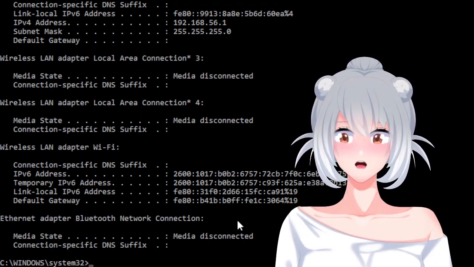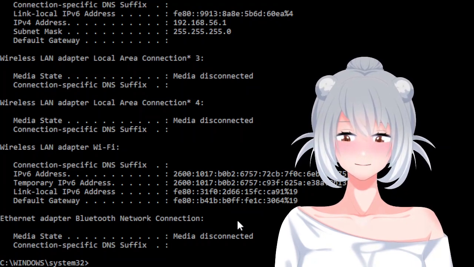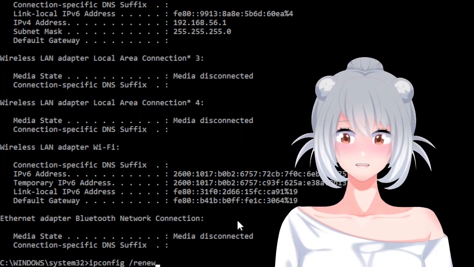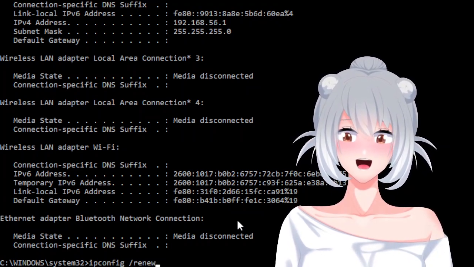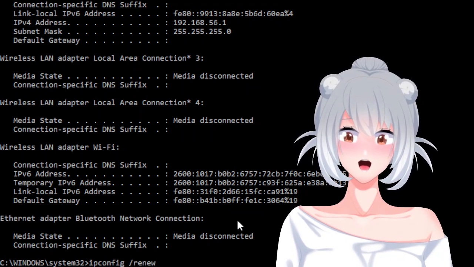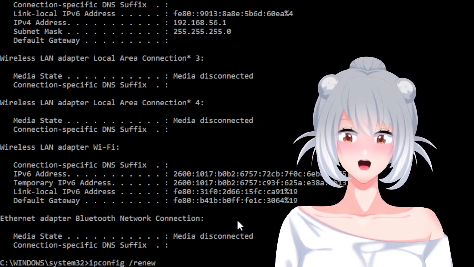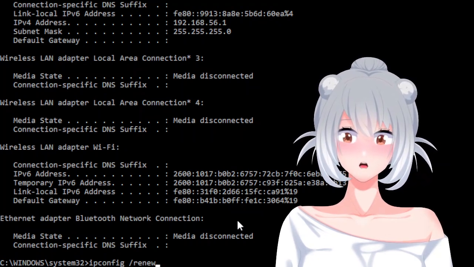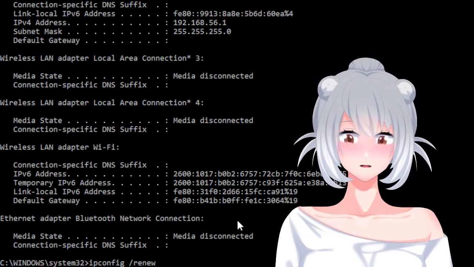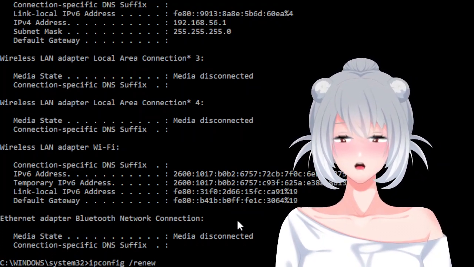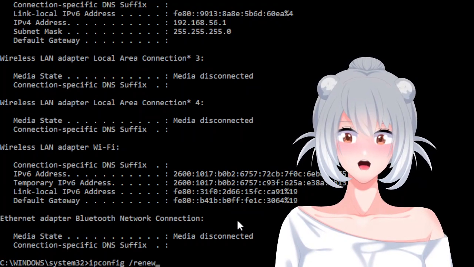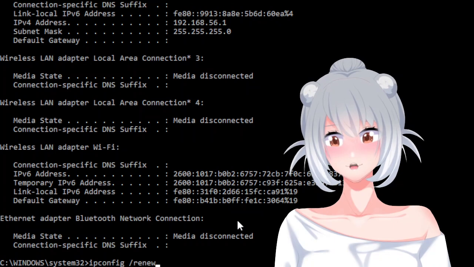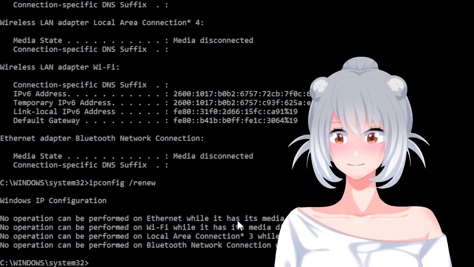So the next one to use along with that is ipconfig/renew. What renew does is it reaches out back to your DHCP server and says, hey, I need an IP address. So it's really useful after using the release function to release your IP address. Now this one says, hey, I need an IP address. I need to be able to connect to the internet or to the network. So after doing that,